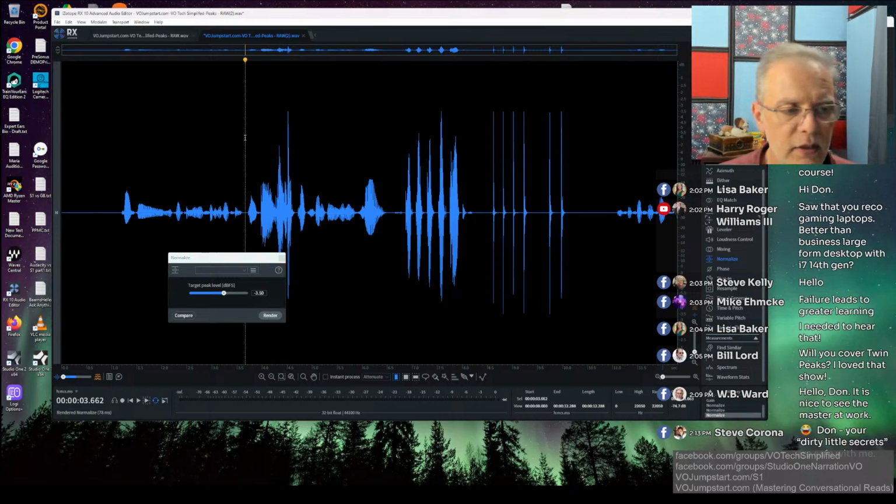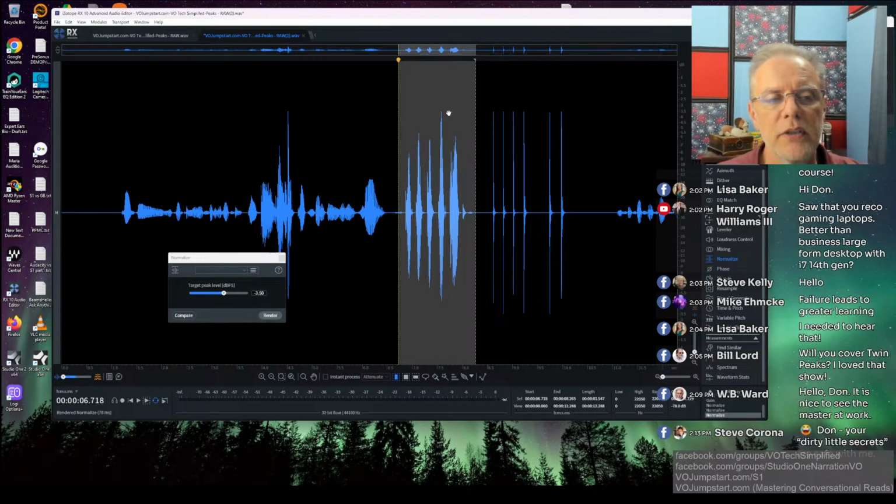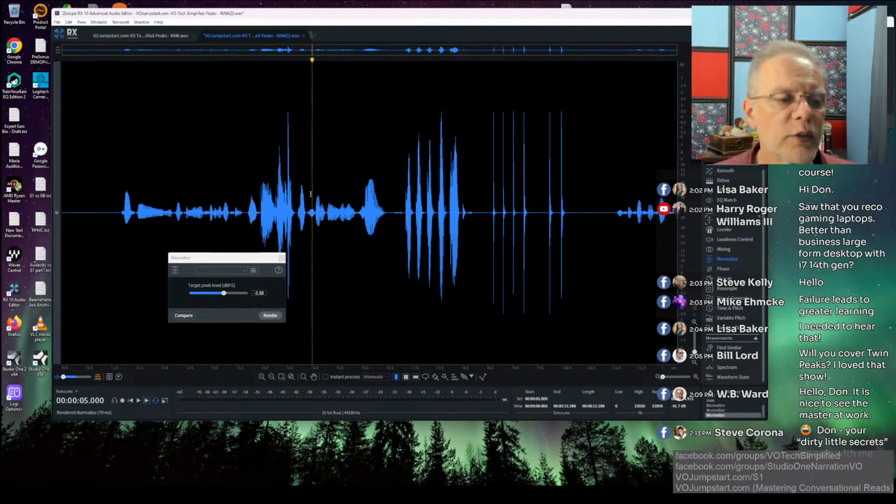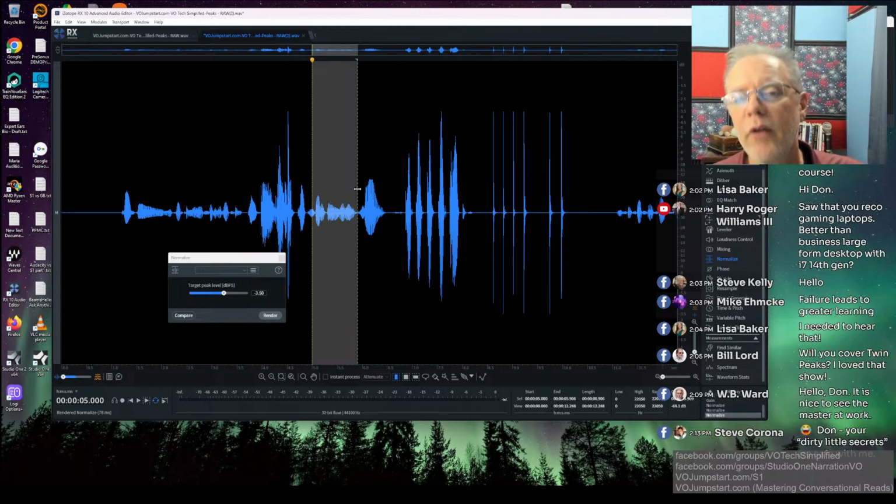That's also why I don't recommend people normalize, because later I have to do punch-ins. And then what I have to do is micromanage everything, because if I normalize over the whole file, I get one answer. And then if I normalize over a subset of the file, I get another answer, which means I get audio at a different volume. And it's unnecessary. So I just never normalize anymore.